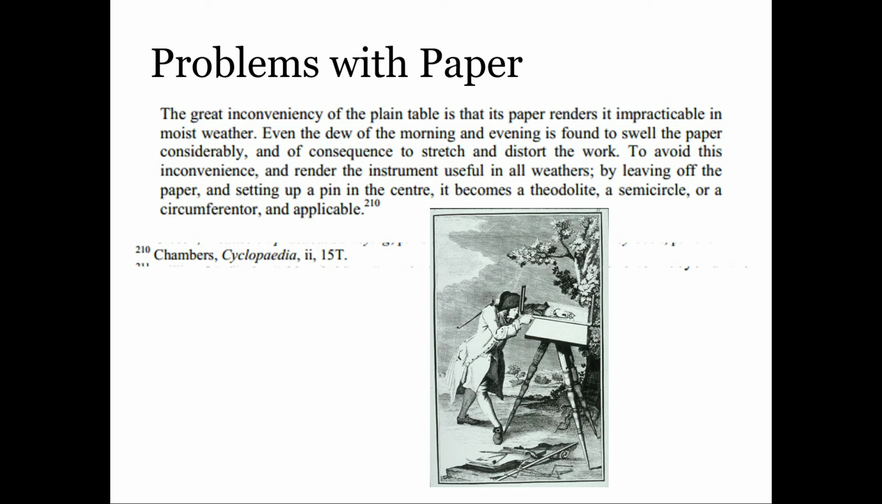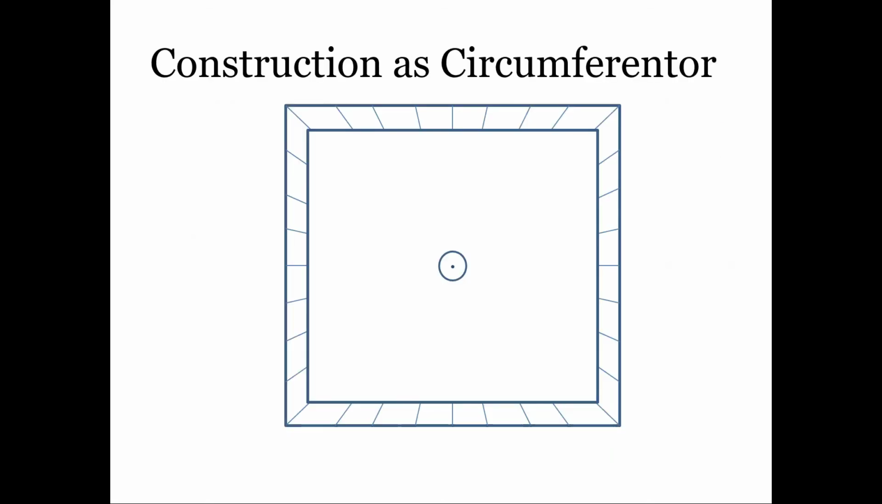So the fact that we're using paper means that the instrument is not useful in all types of weather. So the solution is to simply leave off the paper and set a pin at the center instead, and use it in the same way that we would use a theodolite or a semicircle or a circumferentor. So what we're talking about here, and if we look at a simplistic view of the board,